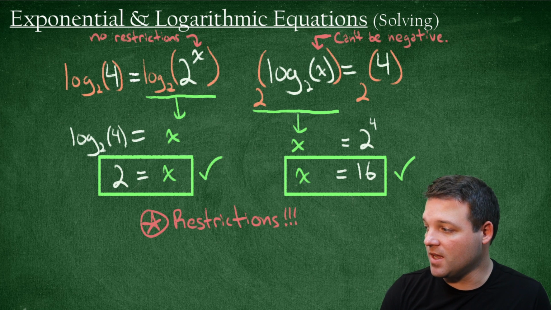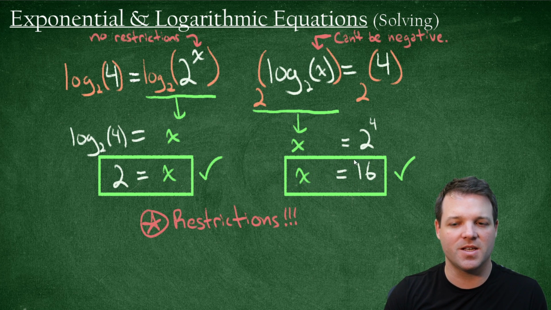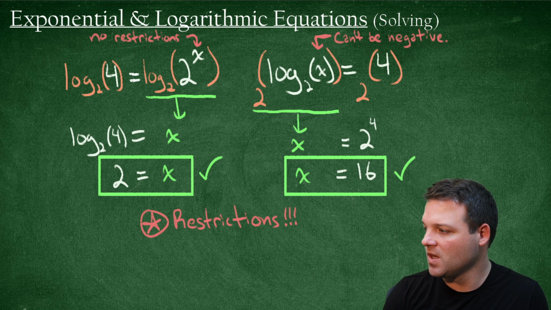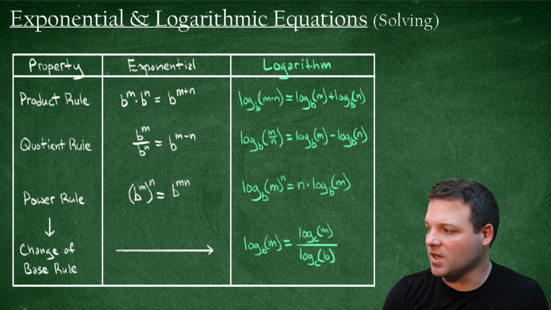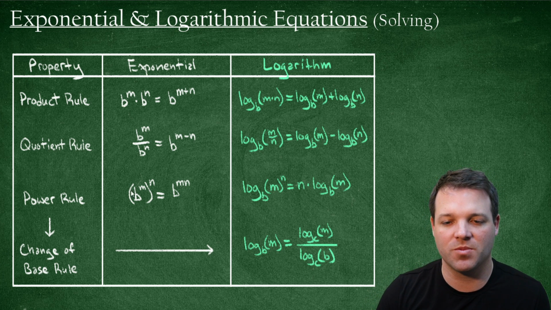And so we can say, this one definitely works. X is equal to 2 because there are no restrictions. And over here, yes, 16 is a positive number, so it does check out. That is a solution. Now before we actually apply these to real problems, and we're going to do like 4 examples here,